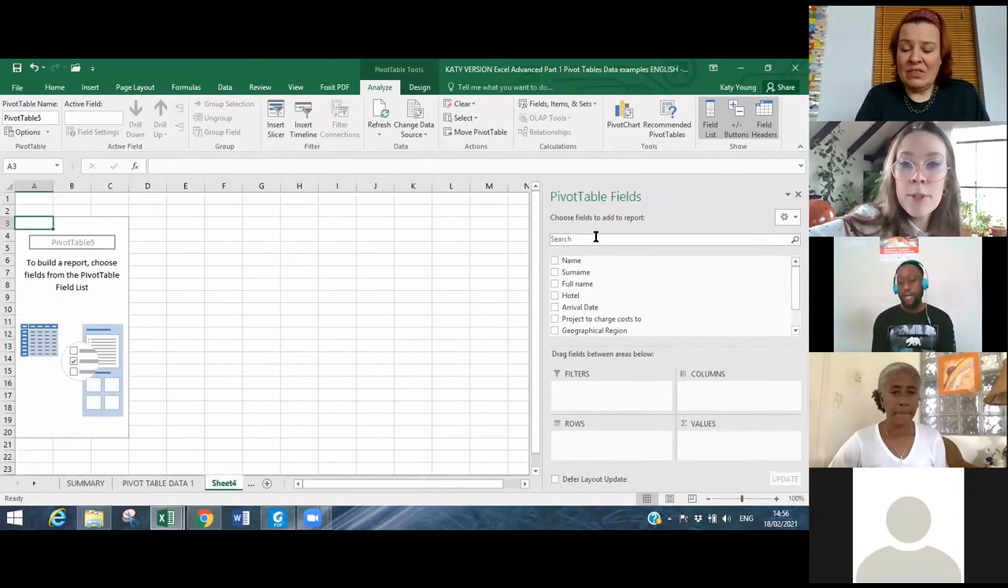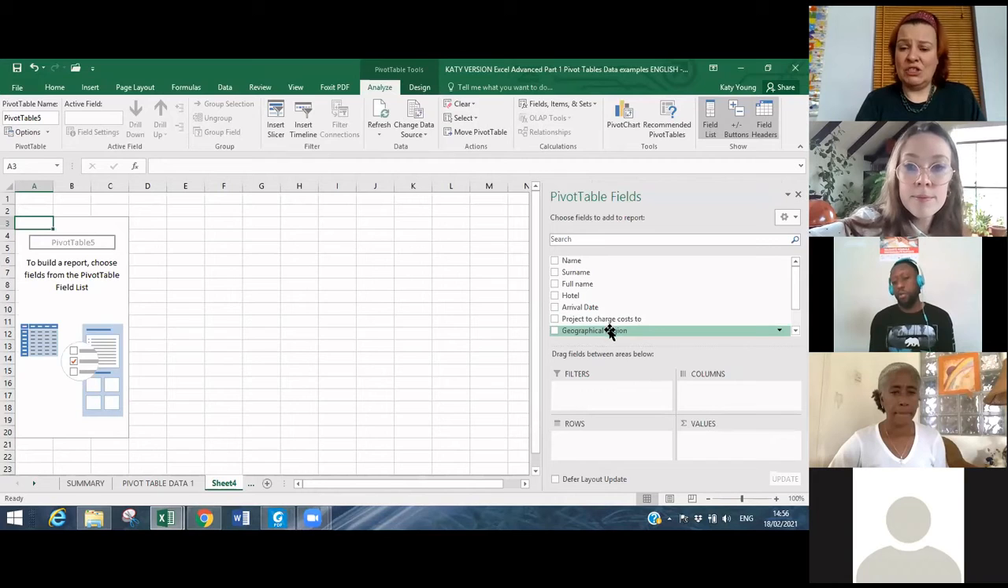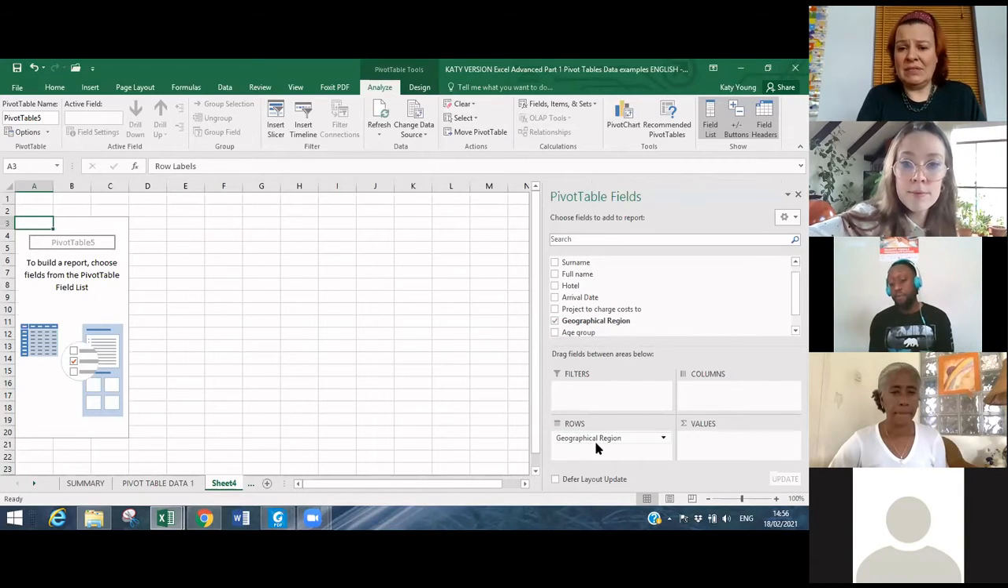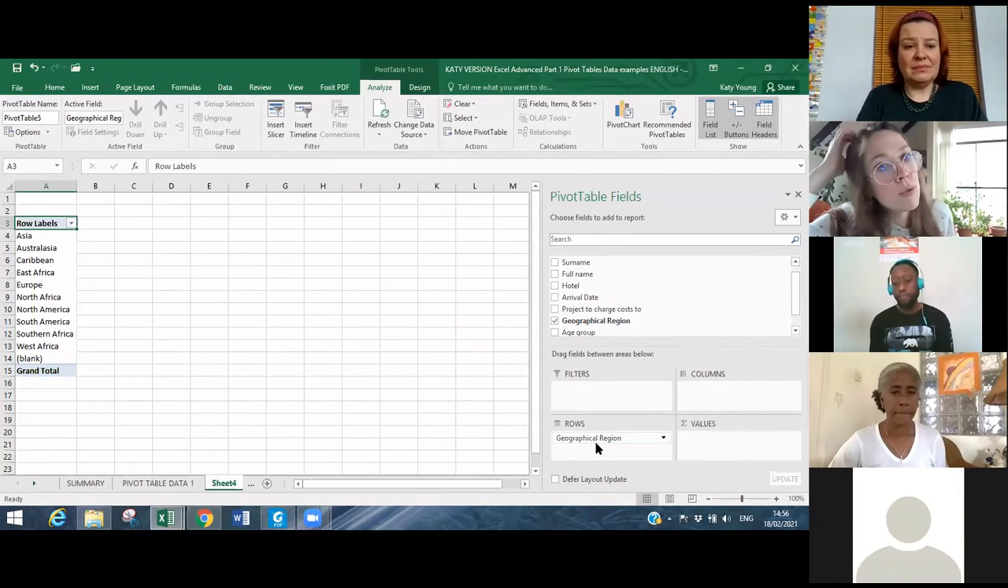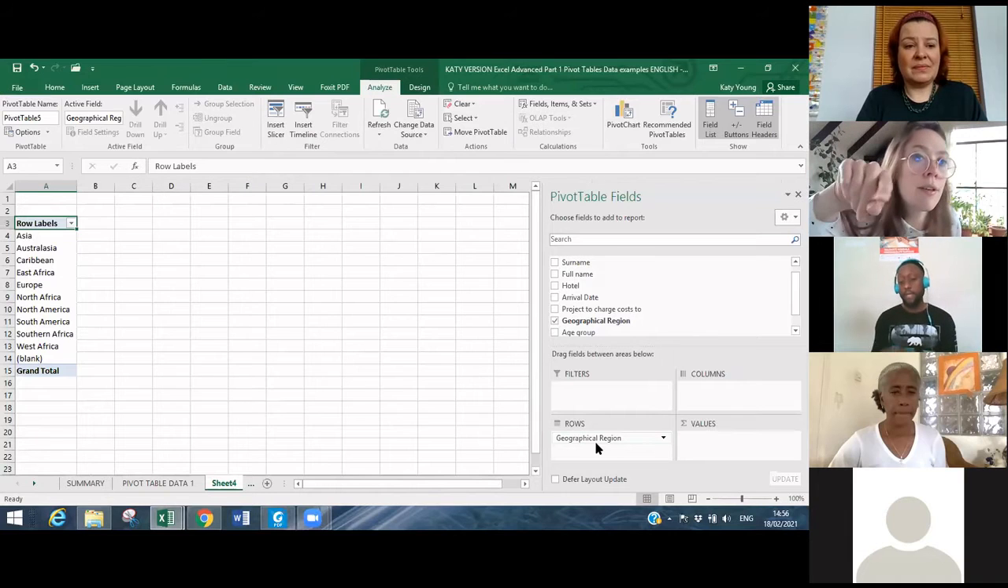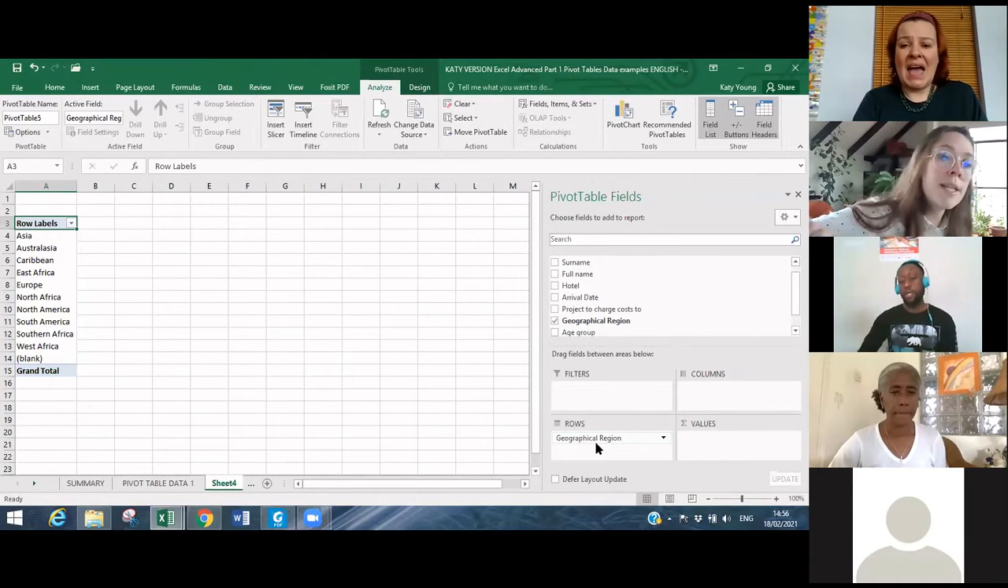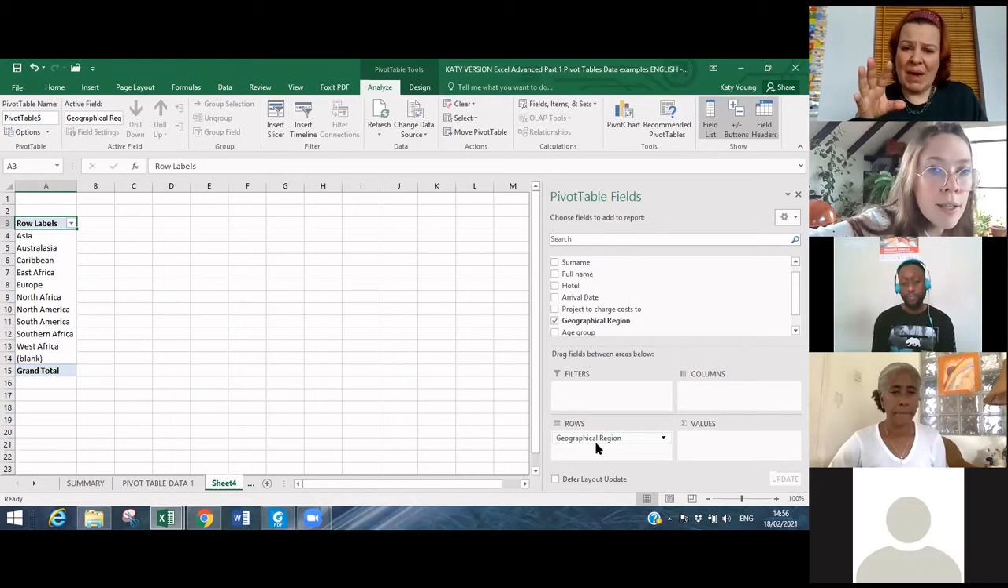Now, the donor had asked for a profile of geographical region. So I'm going to select geographical region, and I'm going to drag it to my rows. Voilà, so all the regions appear as rows. Now I need to think about